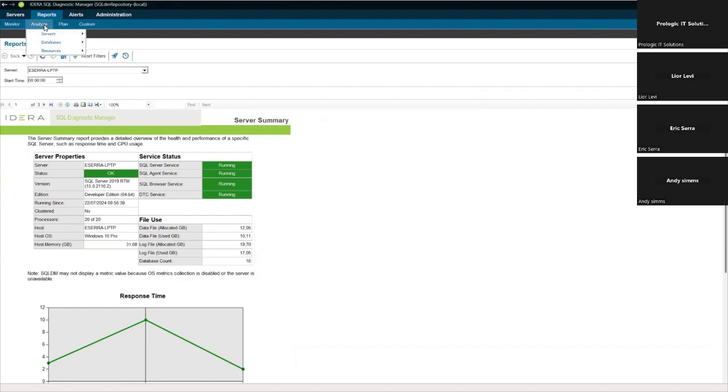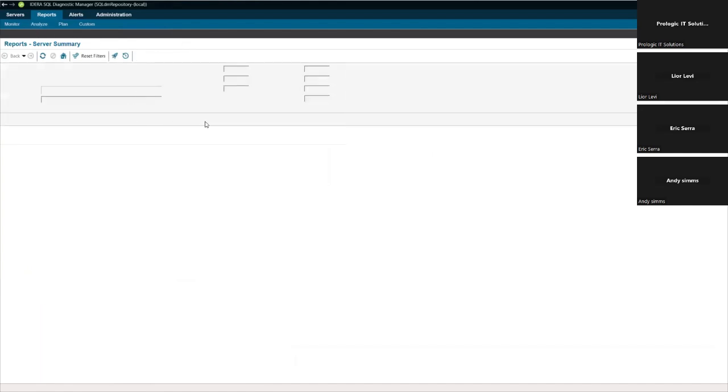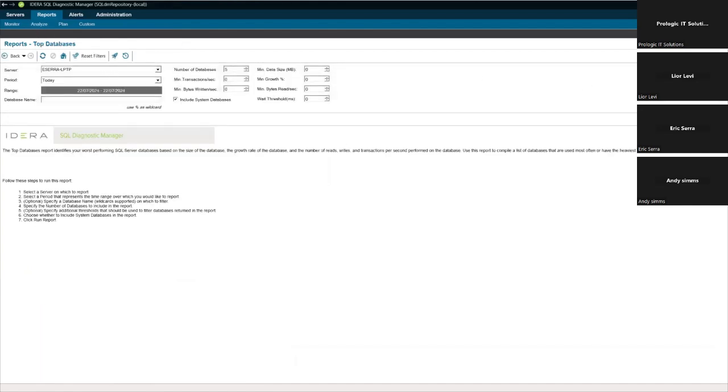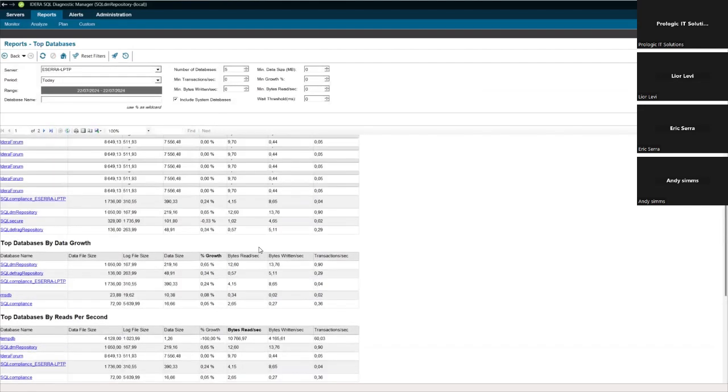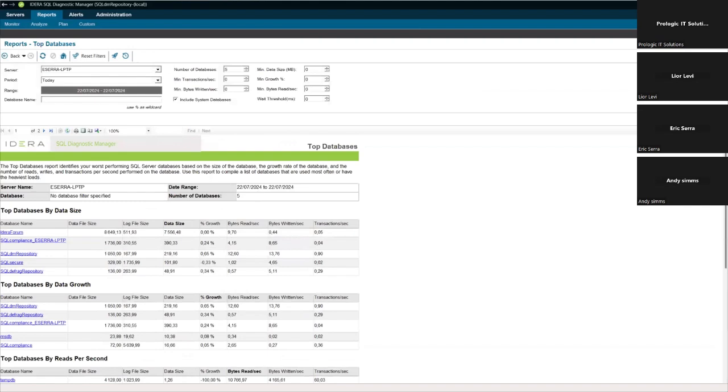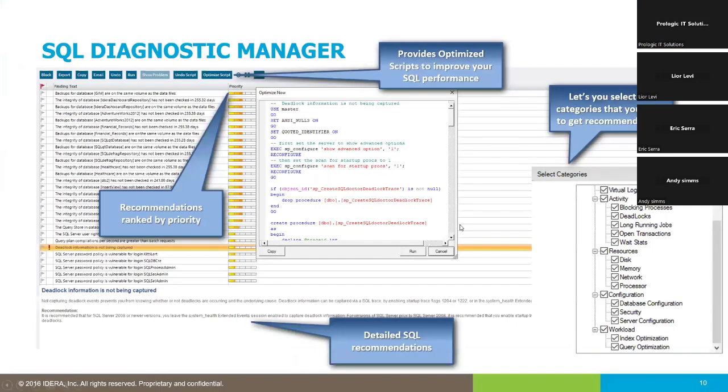So again, there are 3 categories. Analyze, if you want to see the top databases: analyzing top databases, you just select and run a report. Very easy to do. All right, so let's jump to the other product, the Compliance Manager product. So let's go back to the